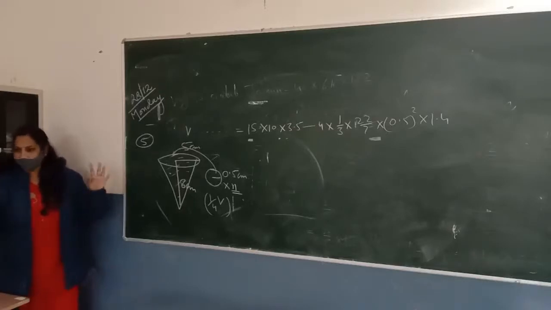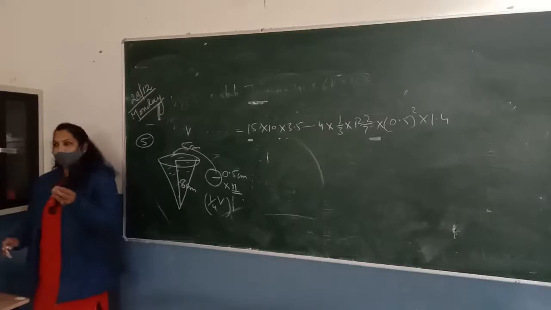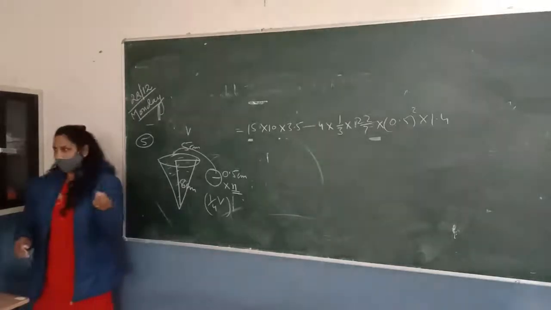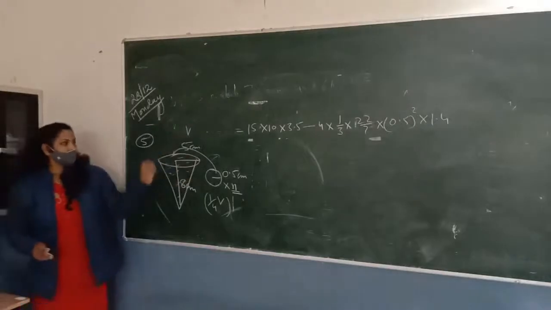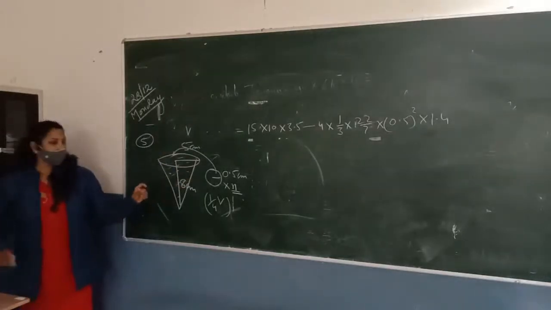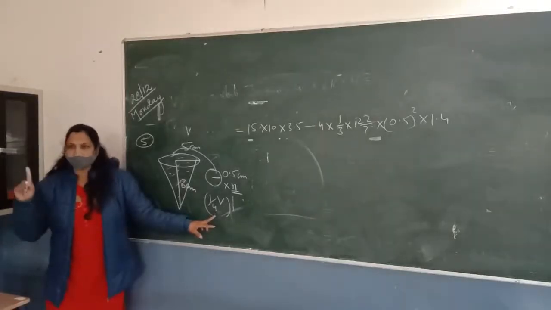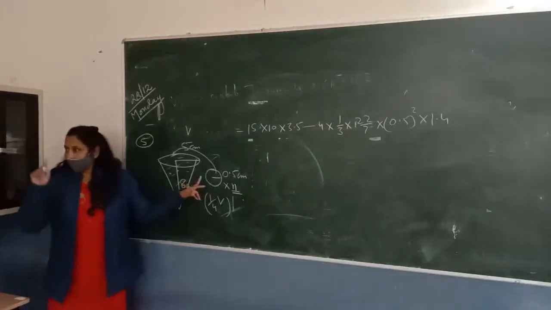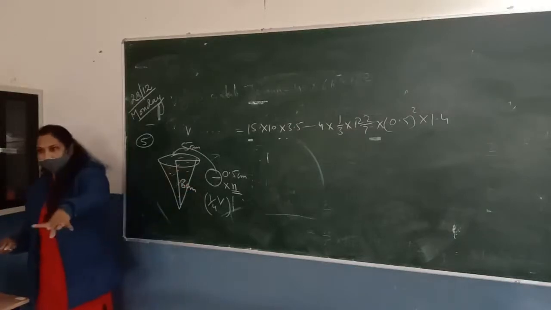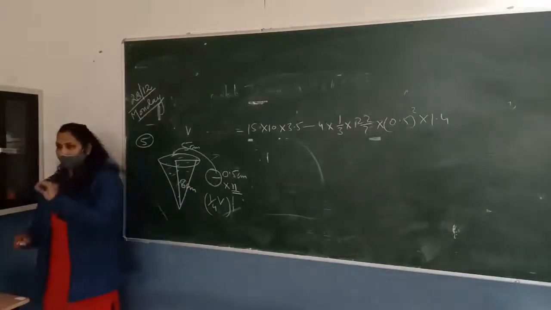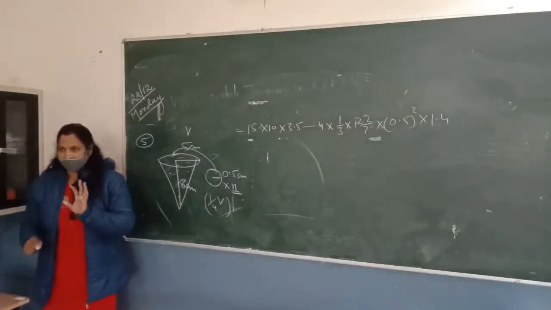According to physics, we know that the volume that flows out from the vessel is equal to the volume of the object which is dropped into the liquid. So जितना आपने volume अंदर डाला उतना ही पानी बाहर आएगा. So we can say the 1/4 volume of the water is equal to the volume of N lead shots. If we drop N lead shots into the vessel, it means the volume of N lead shots is equal to the volume of the water that flows out of the vessel. Is it clear? Thank you.